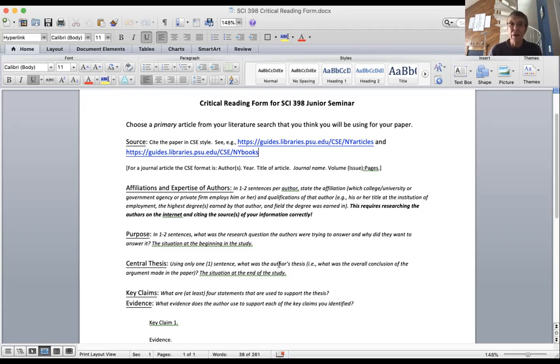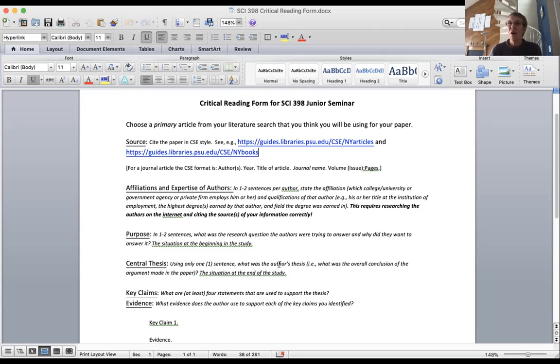I want you to write what you think the purpose and the thesis is. This is an important part. In your paper, you must be writing in your own words. This is you practicing taking information out of a scientific journal, and sometimes the language is difficult and stylized. Even if it's a struggle for you, it is better to put your best attempt in your